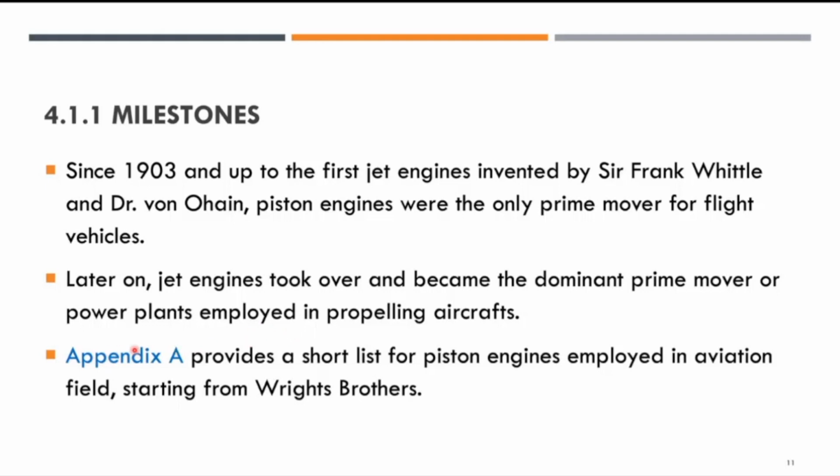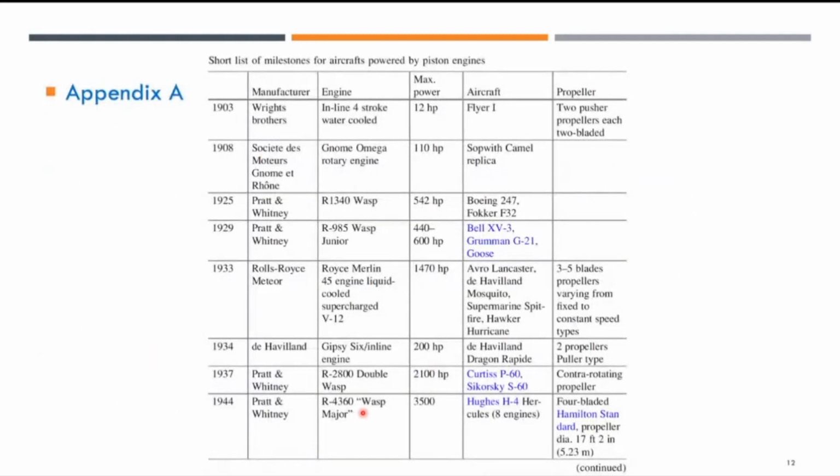So I'm going to show you Appendix A, which provides a short list of piston engines employed in the aviation field, starting from the Wright brothers. The font is a little bit small here, but I can read it out in terms of what's happening from 1903. We have the inline 4-stroke water-cooled 12 horsepower engine being used by the Wright brothers, and then it